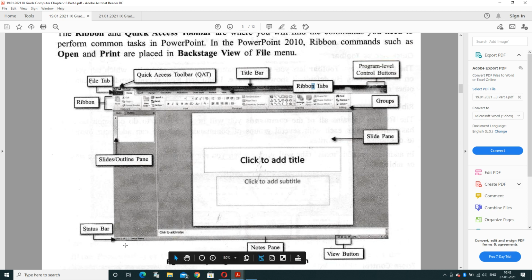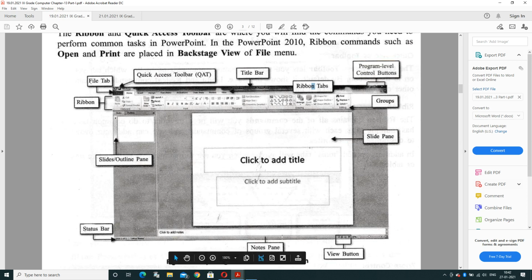And the status bar is the bottom bar that displays the status of the slide, whether it is ready, which slide you are on now, and the slide number and many other items. And the view buttons provide three types of view: slideshow view, slide sorter view and normal view. We will discuss more views also.